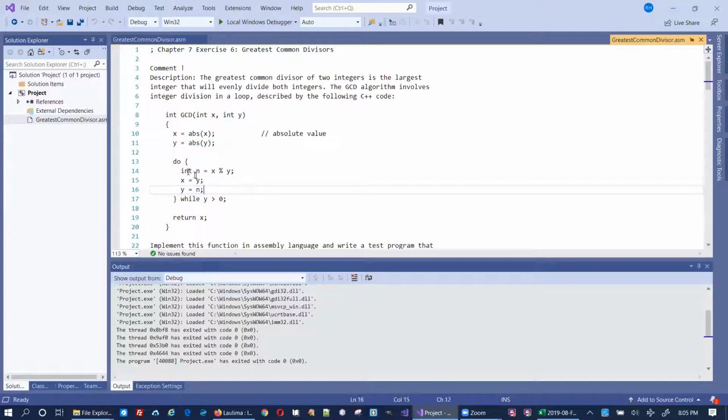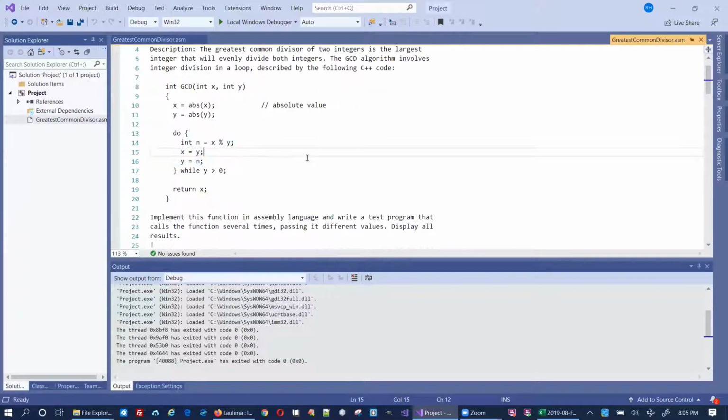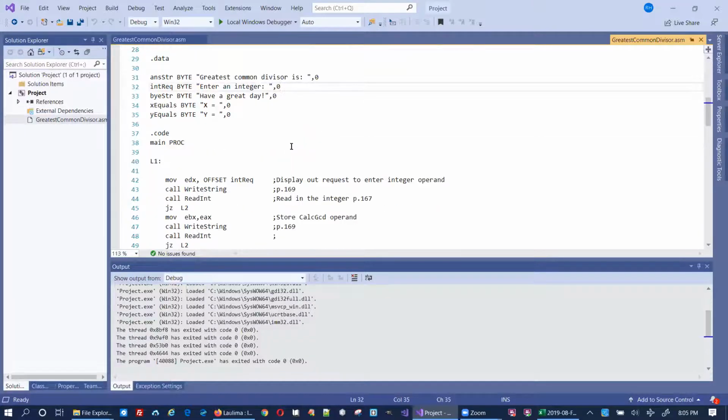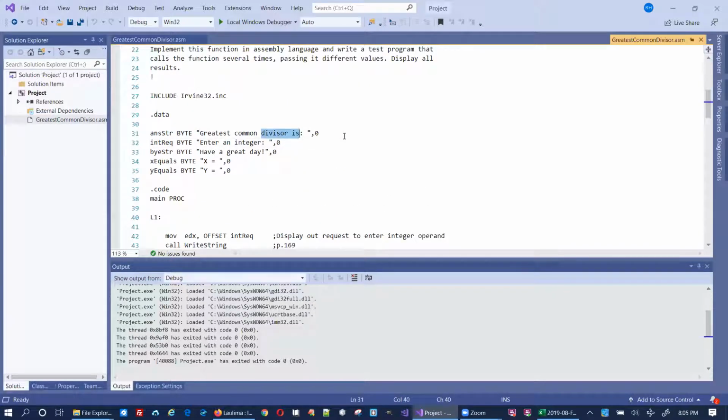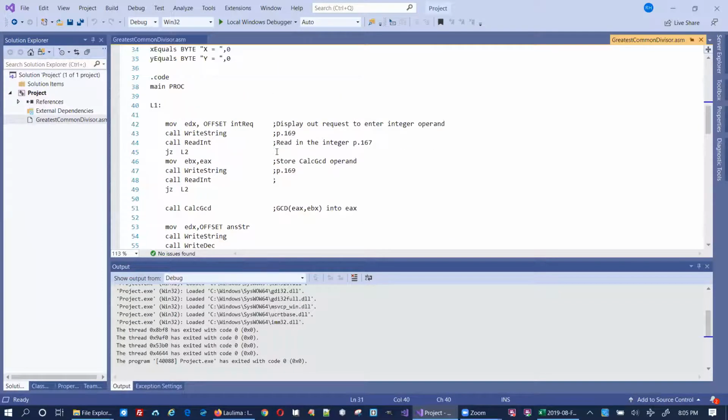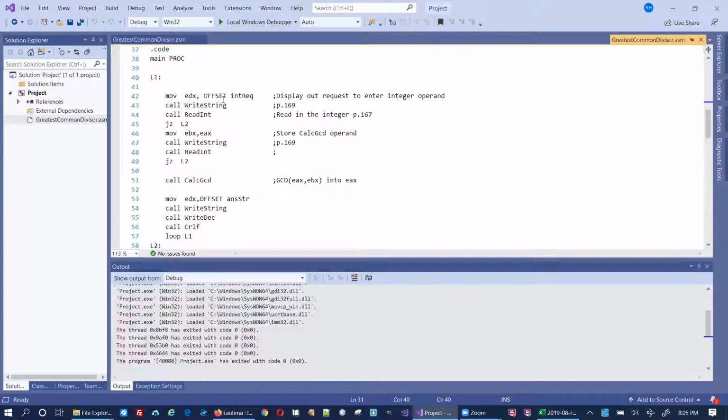algorithm, the iterative algorithm. We have a do while. This is a C version of it, and you recall we wrote this. It asks for the greatest common divisor. I think this was in a couple of videos ago. It asks for two integers. It displays this out twice, and then it does the computation and displays out the greatest common divisor, and it keeps on going until you just enter a return or enter a nothing in for one of the integers. And so here, you recall this program where